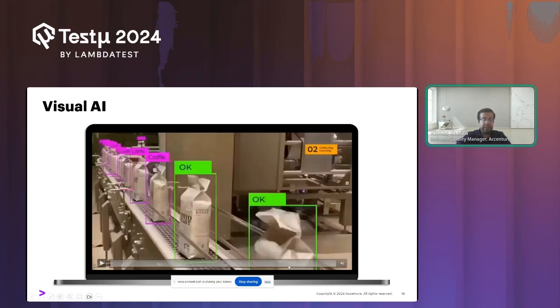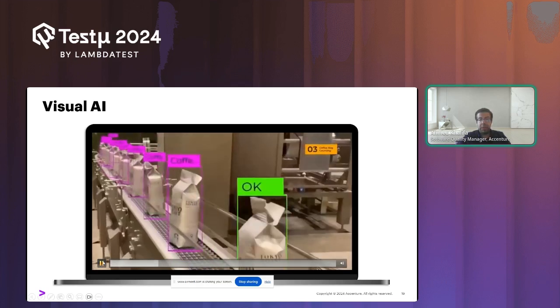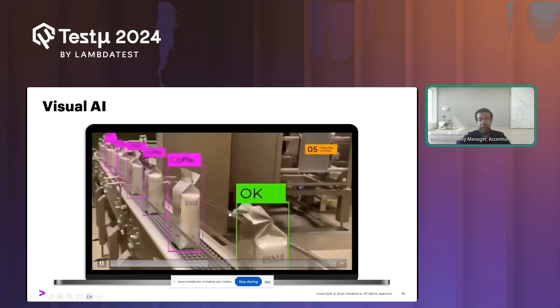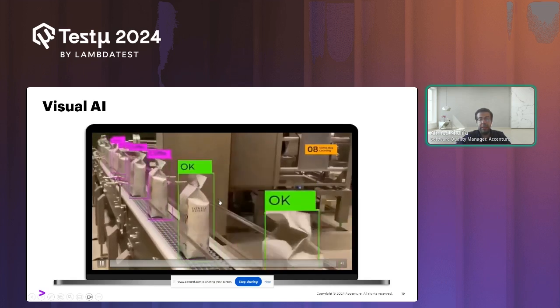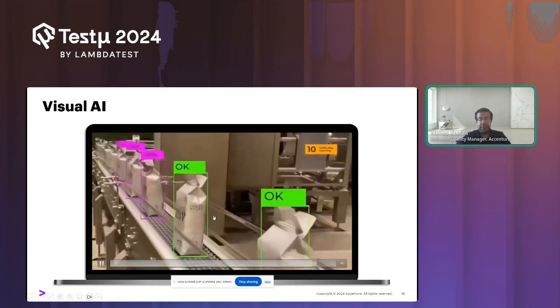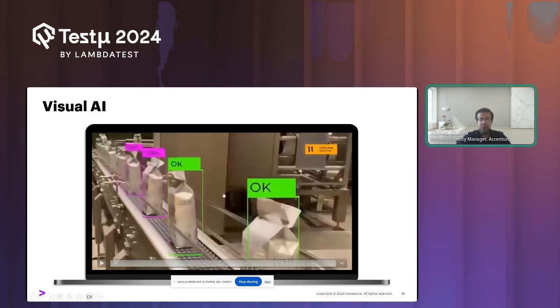For example, this is a very small video to see that visual AI could also be used in identifying visual differences. So here, this is a lot of coffee packages. And the main idea here is that this visual AI goes and checks, okay, if this is matching the specification, then it's okay.